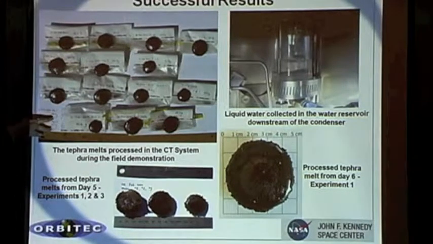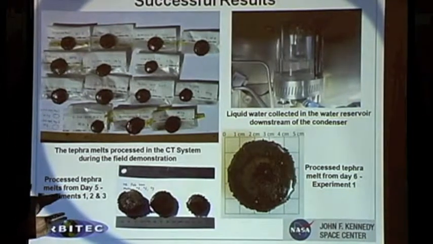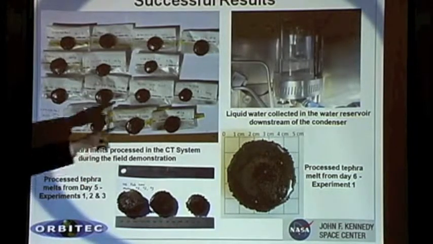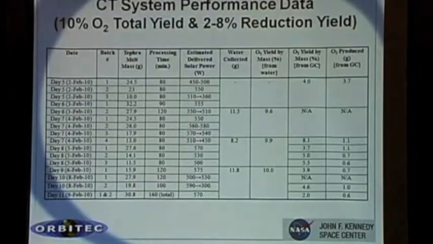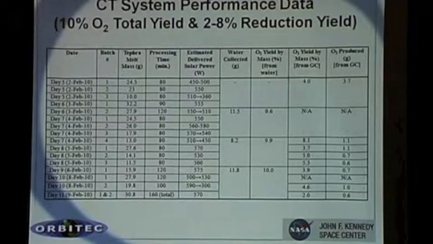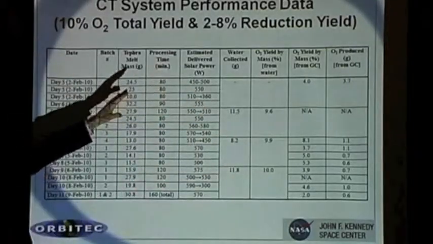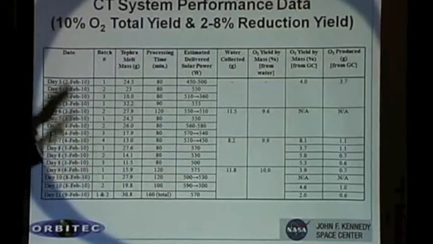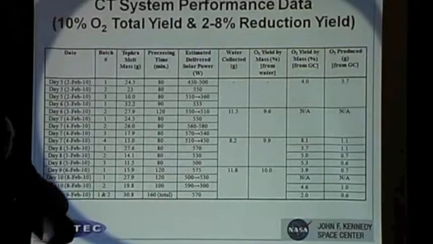A couple of them were turned over for testing for loss power spectroscopy to see what happened to the iron chemistry and so forth. And there's some of the water, as I mentioned, and some more test results. Next slide, please. And here's an unreadable graph. I had another version where I had this highlighted, I think. But anyway, the total summary of that is that we had a 10% oxygen yield on most of these runs. Now, this tephra was dried somewhat, but not totally, so some water would come off during